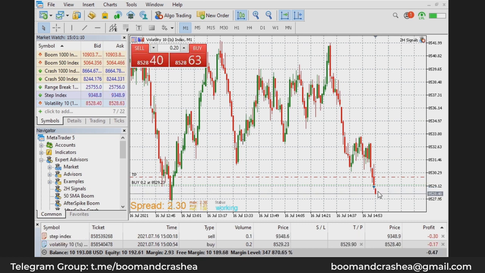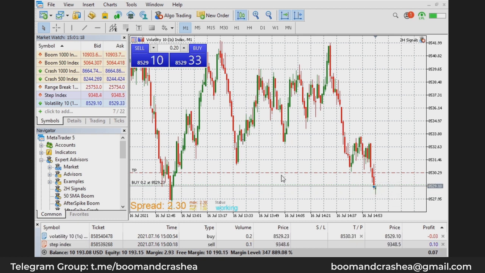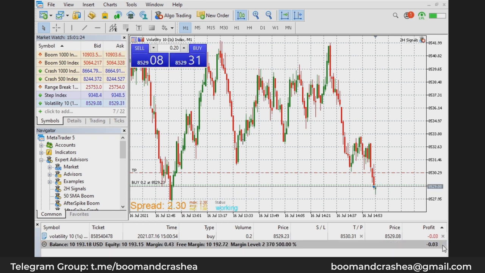So at times you also have to exercise patience, and you're going to get it right. So just play around with the expert advisor, just use it, and then you can close once you have profit. This is sell on the step index, so you can close it, and then you also wait for the profit at this zone, and then you close it.